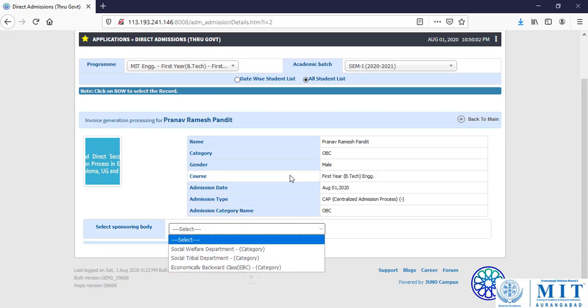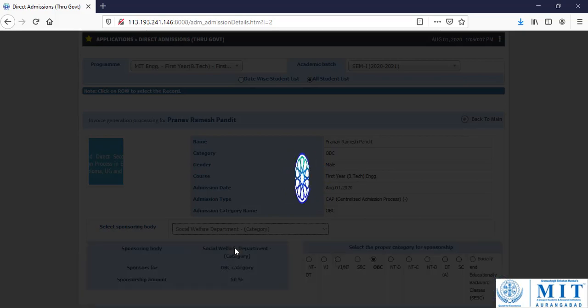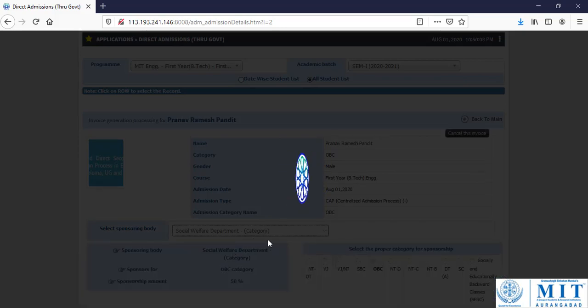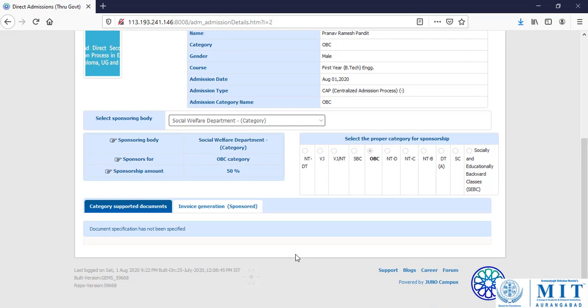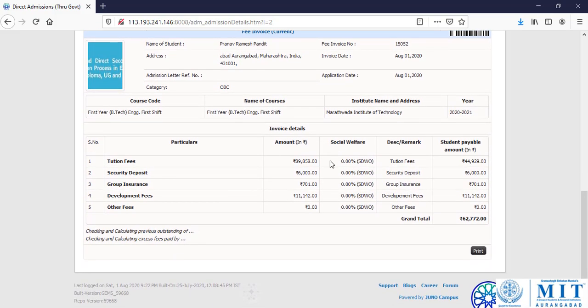So this OBC category, for OBC category, the sponsorship body will be social welfare department. So we select social welfare department here and click on this tab, invoice generation. So now the invoice is generated. This is the fee structure of this particular student. The 62,772 will be the fees of this particular student.